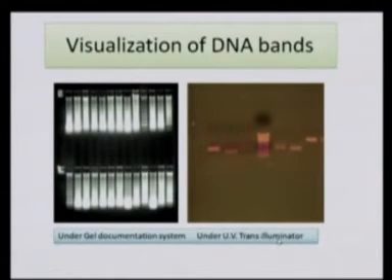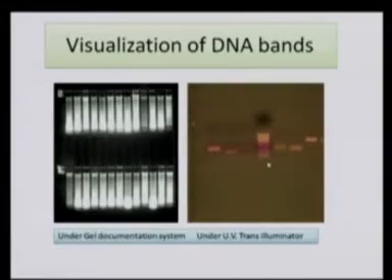That means for visualization you have two options. One is to use the gel documentation system. If you want to capture the image and measure the intensity of the gel bands, you can go for the gel documentation system, where you are free from radiation. In the other case, that is UV illumination, we use a UV transilluminator. You put the gel on the UV transilluminator and close the lid, and once you switch on the UV light, the gel bands will appear as bright orange, which indicates the presence of DNA inside the sample.